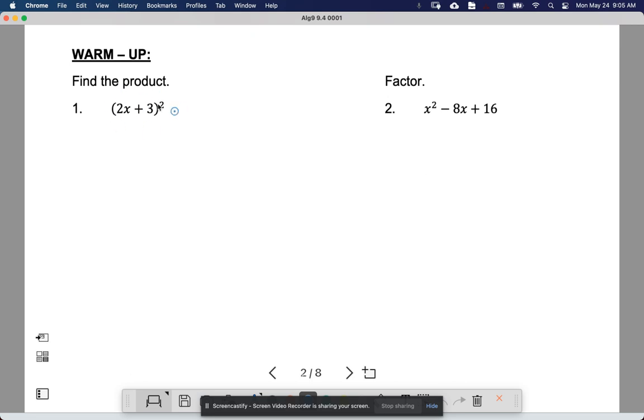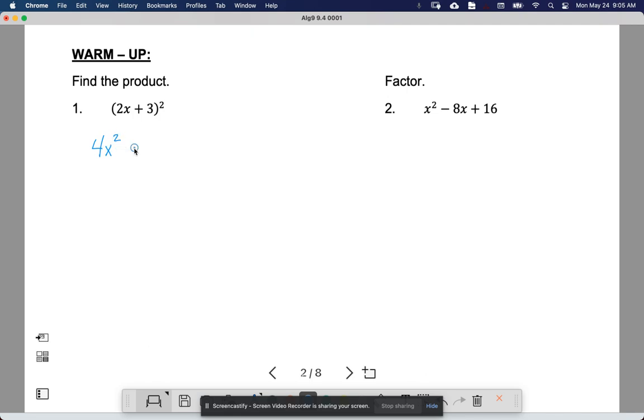So again, finding the product here. Expanding this out using your quick little formula for any time we have two terms inside the parentheses and we square that, or foiling it out. So again, you're writing out both of these. So you have 2x plus 3 in parentheses times another 2x plus 3 in parentheses. But obviously, I'm going to use the little cheat. The little formula cheat for this form is take the first one and then you square both of them. So you get